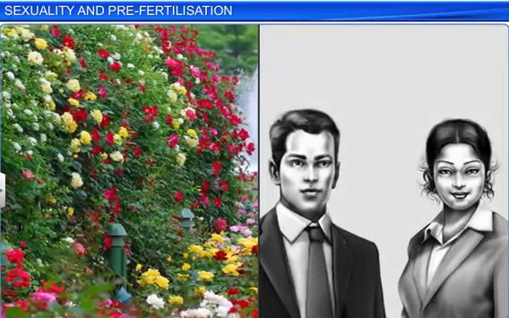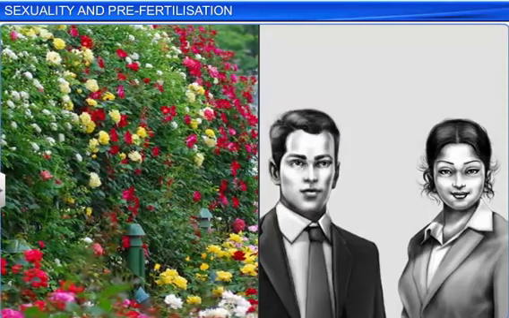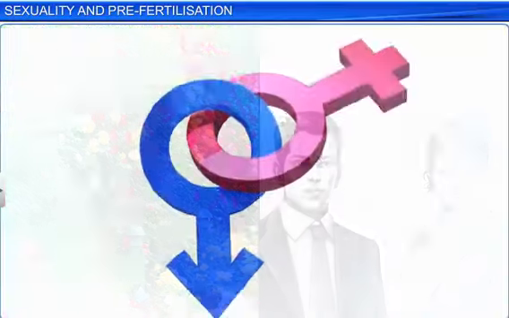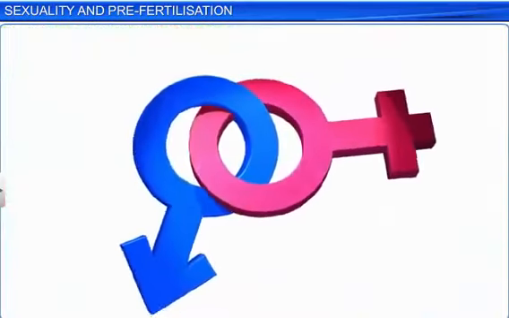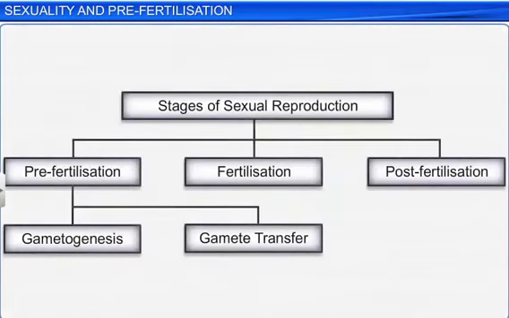While plants depend on water and wind for gamete transfer, unisexual animals such as human beings have developed a special mechanism called copulation for gamete transfer. Thus, whether in animals or plants, gamete transfer and gametogenesis are the two main events that occur in the pre-fertilization stage of